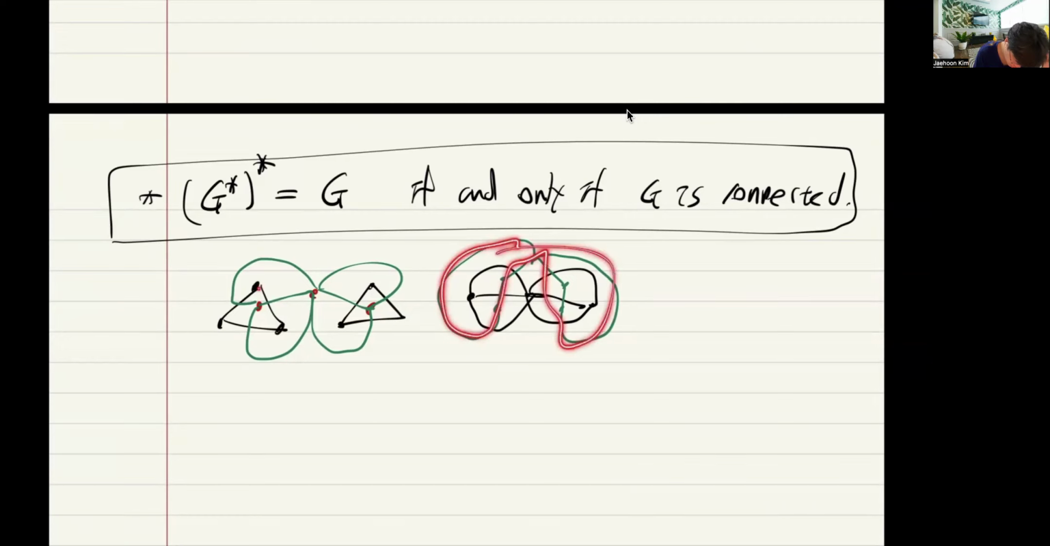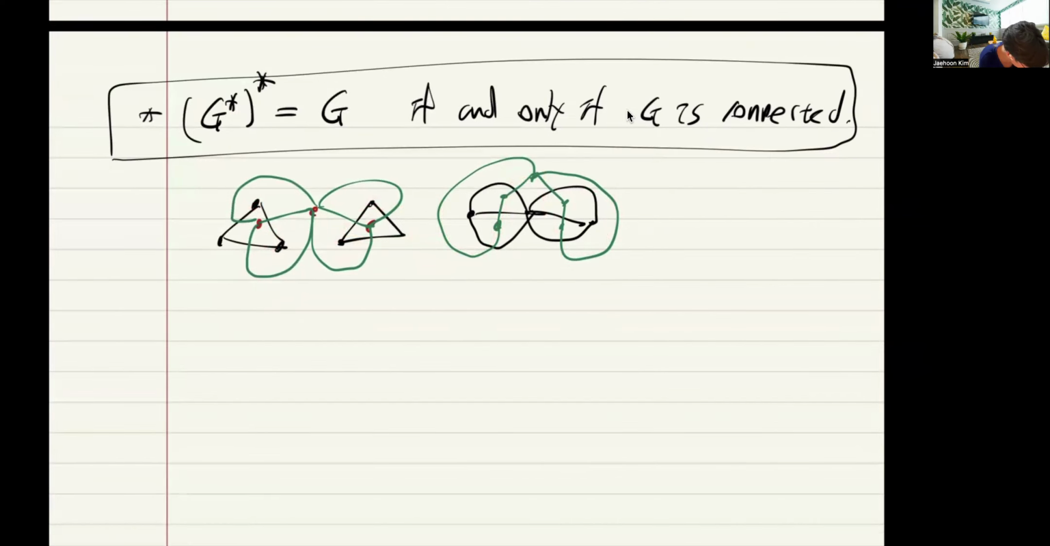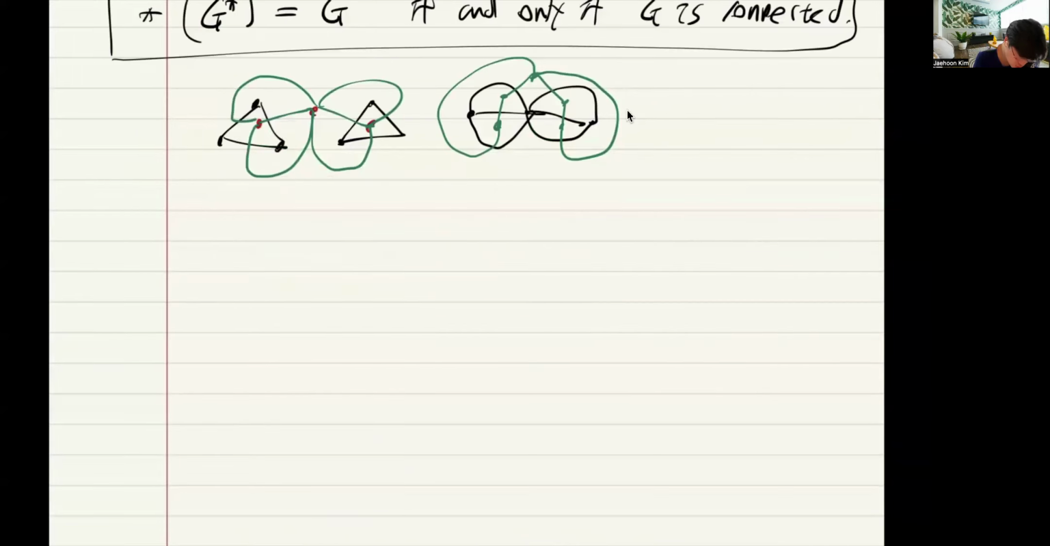So this graph is not the same as this graph. Okay. And also, you can check that with this dual, now faces become the vertices. And what is the degree of a vertex in this dual graph? What is it? And so here, this vertex,